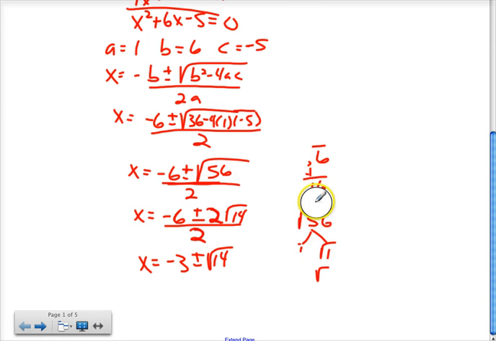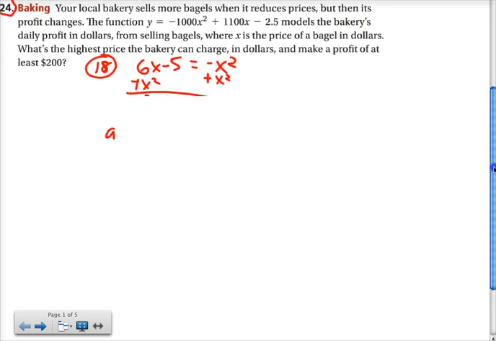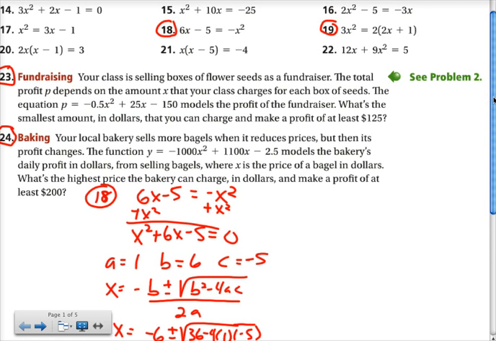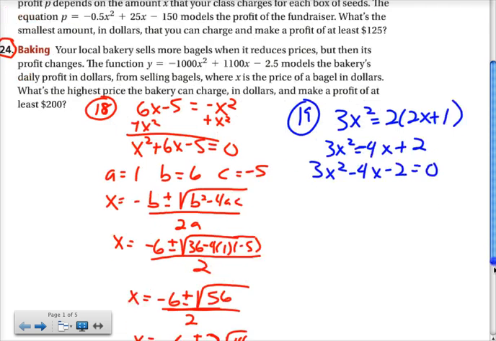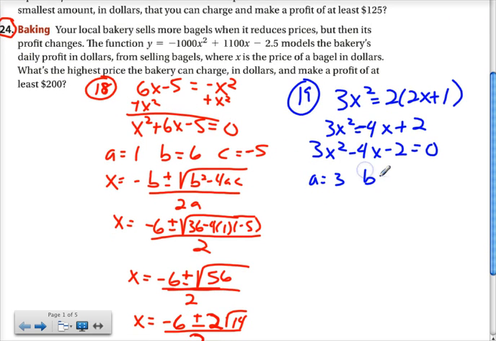Then, thought I'd do another one where things were not set up perfect, like number 19. So we would have 3x squared equals 2 times 2x plus 1. In order to put this in standard form with a 0 on one side, we need to distribute. So 3x squared equals 4x plus 2. And then go ahead and move everything over to one side. And like I mentioned before, I like to keep my a positive. So I'm going to keep that 3x squared over here, but I'm going to move the other two terms over by subtraction. And then my a will be 3, my b is negative 4, and my c is negative 2,